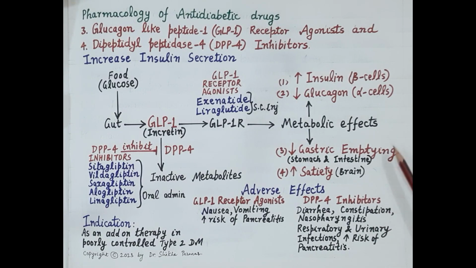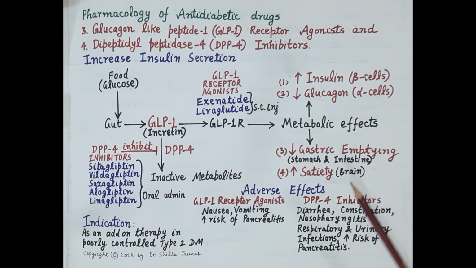So, these two factors reduce consumption of food, and thus in addition to reducing blood glucose, that is the levels of glucose in the blood, these drugs also modestly promote weight loss. So, this is how GLP-1 receptor agonist and DPP-4 inhibitors reduce blood glucose levels, improve glycemic control and promote weight